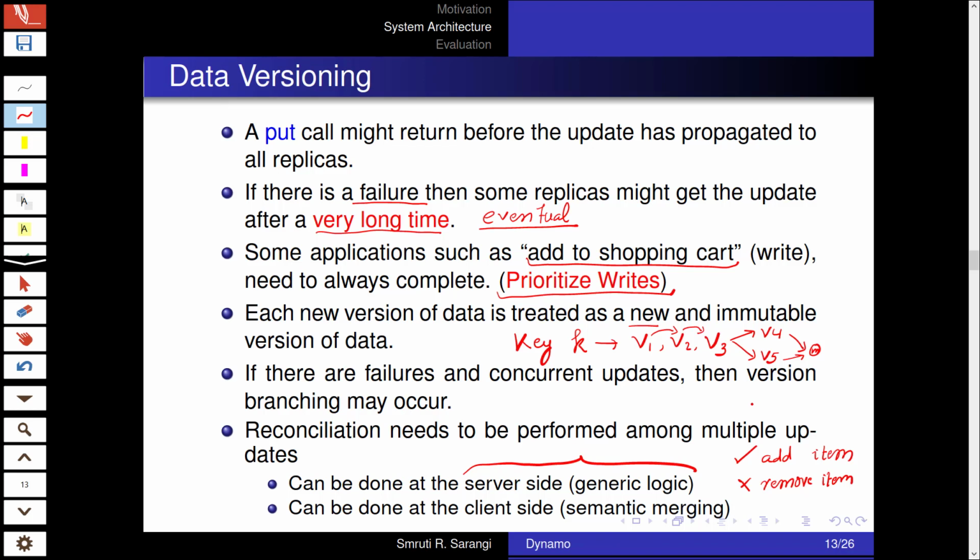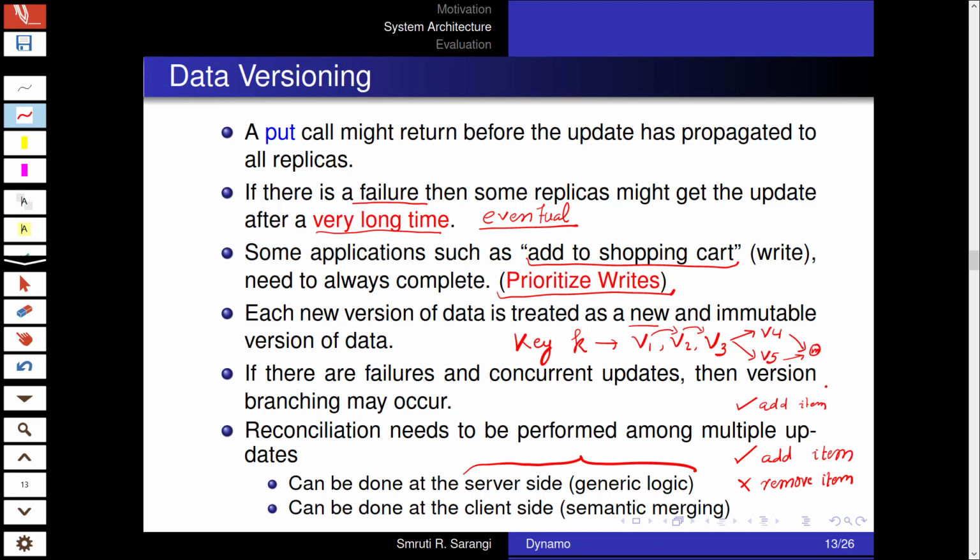Of course, let's assume previously there was one add item, and then we add one more. So the relative timing of add and remove can make it complicated because we would not know which one came first, which one came later. So in some cases it can matter, in some cases it will not matter.